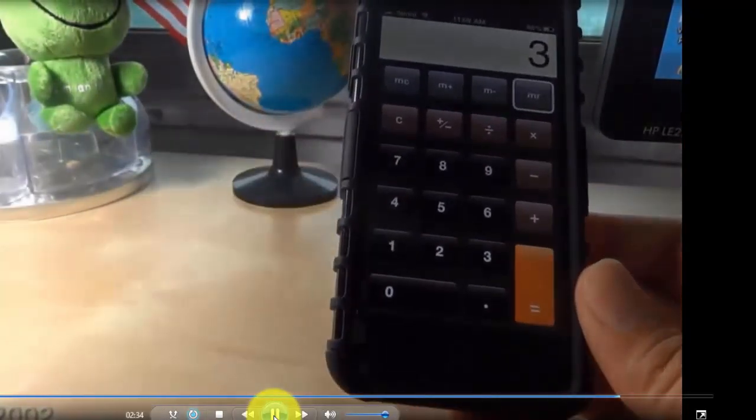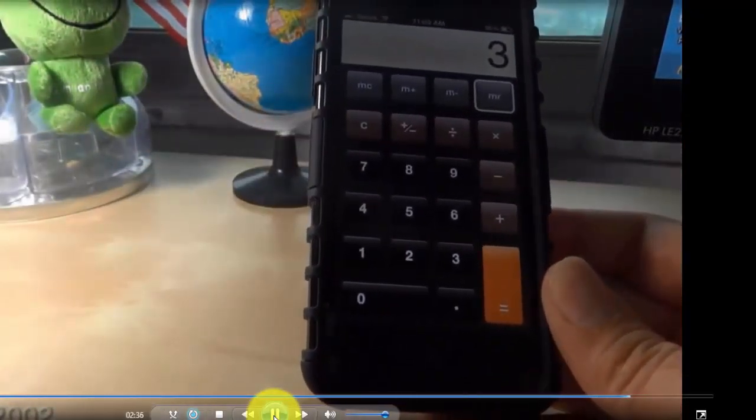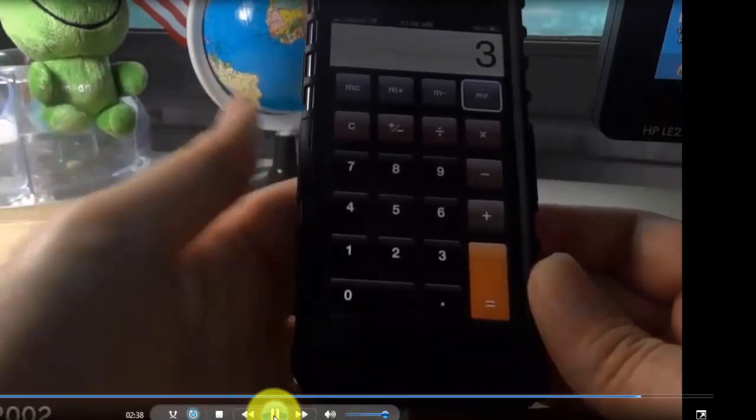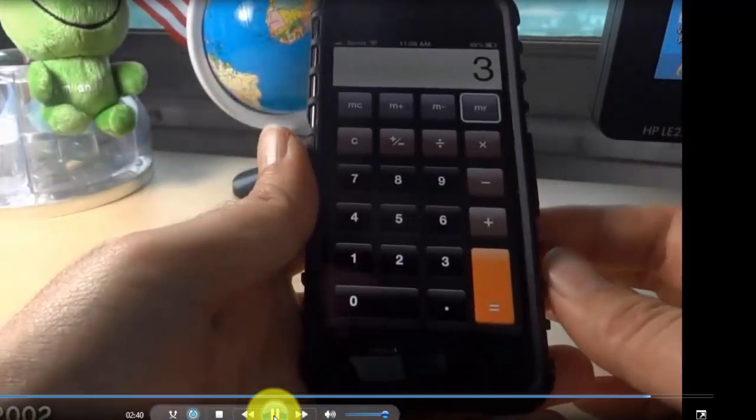It could be used when you have more complex calculations and you need to remember a number and do something